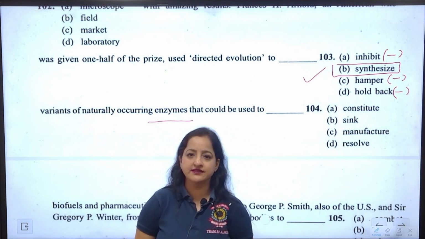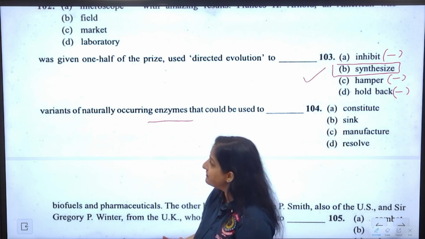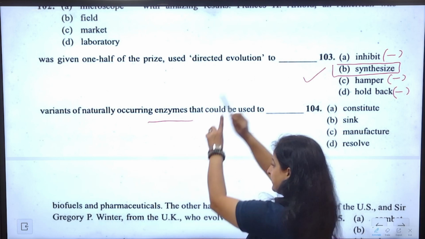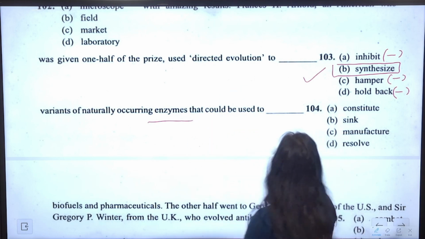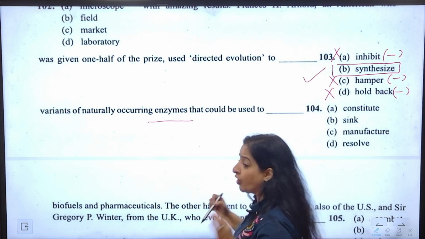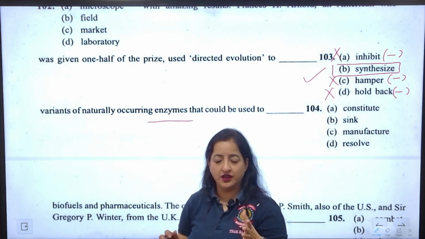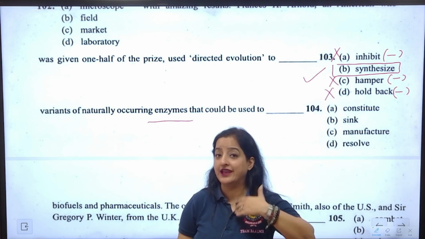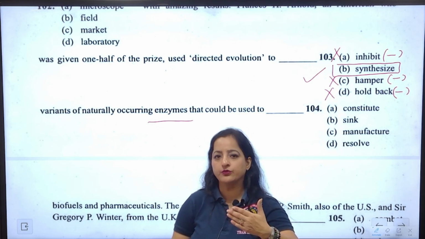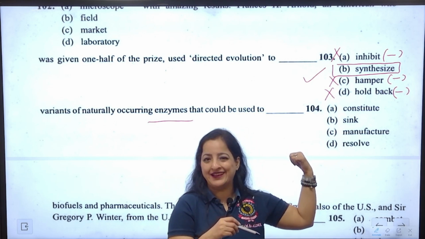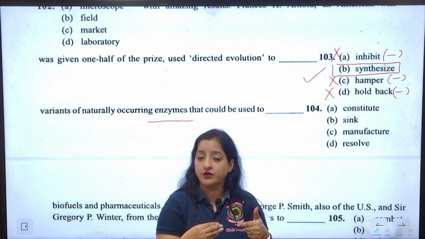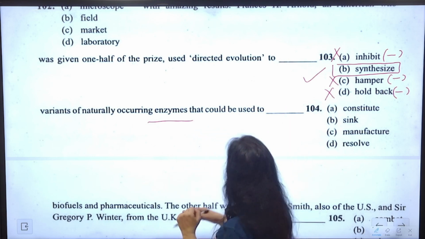Enzymes बनाए, synthesizing, right, making them, right? So anyways, this word really goes well with enzymes, and with the context of the passage, we ruled out options which do not match with the tone of the passage. The passage is talking about evolution and it has a positive tone. So we rule out options which are all negative. So I'm showing you that tip which we did, options which do not match with the tone of the passage.